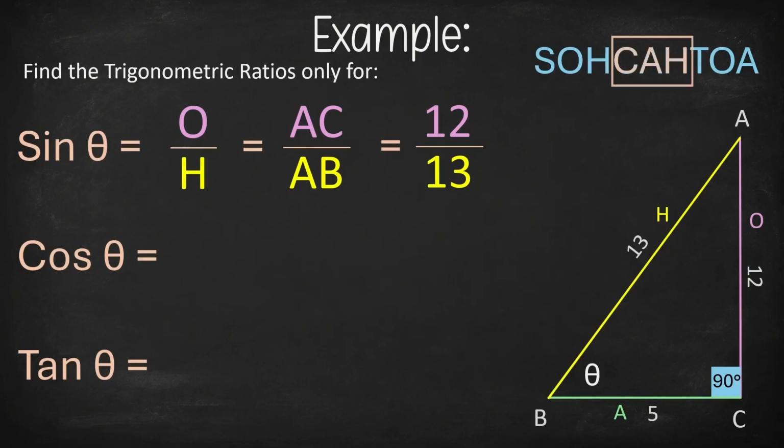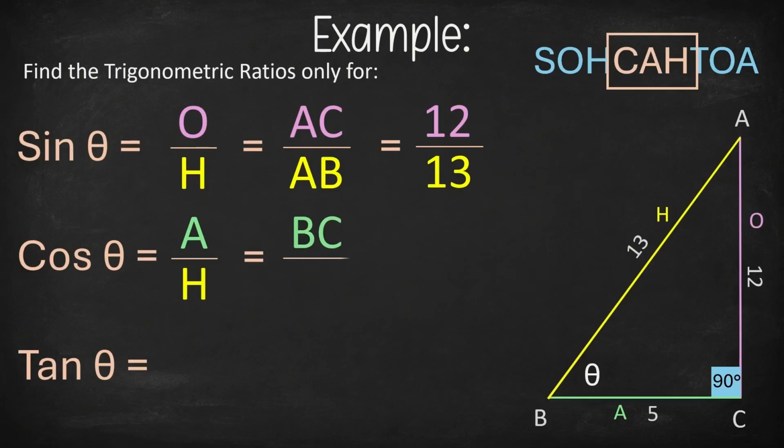Here I'm going to use the CA from SOHCAHTOA because C stands for cos, A stands for adjacent, and H for hypotenuse. Again, notice that A comes before H. Therefore, I'm going to write A over H. And then you can replace the A and the H with the names of the sides. So let's find A. And here I can see that the name of the side is BC. And looking at H, I see that the name of the side is AB. Now let's replace it with values. A or BC is equal to 5 and H or AB is equal to 13. And here I've just determined the trigonometric ratio for cos theta.